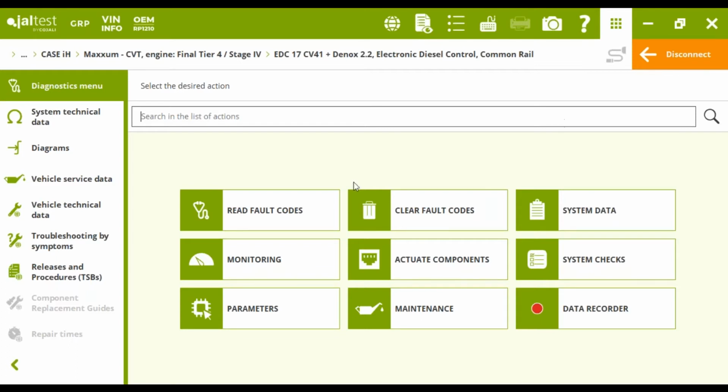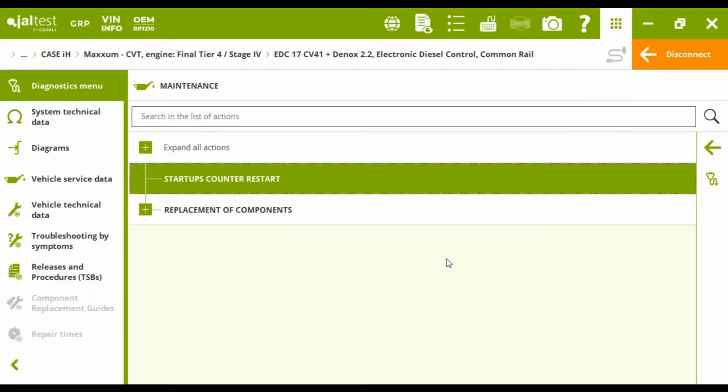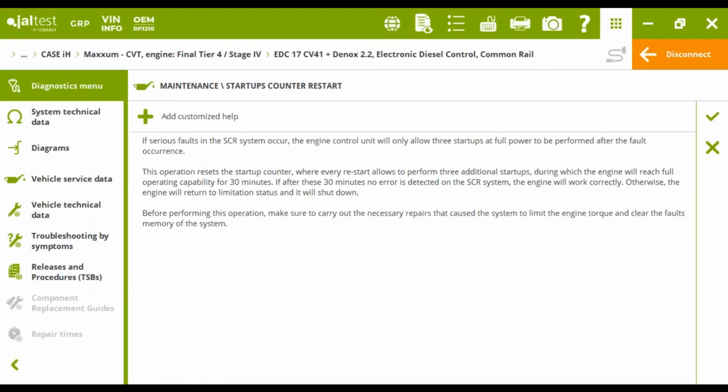Okay, so basically, again, here in the maintenance menu, we're going to find this option: startups counter restart. This is for when a vehicle has a repetitive and serious error coming from the aftertreatment system. Again, the engine will enter this power degrade mode. That means the engine will not work well and will keep stopping continuously. Every time we try to start the engine again,